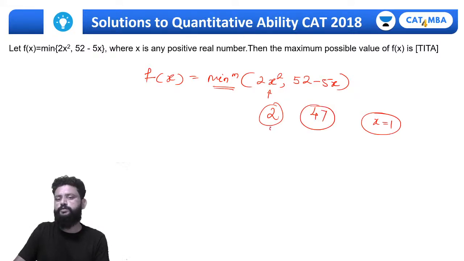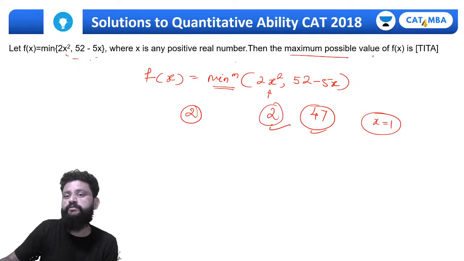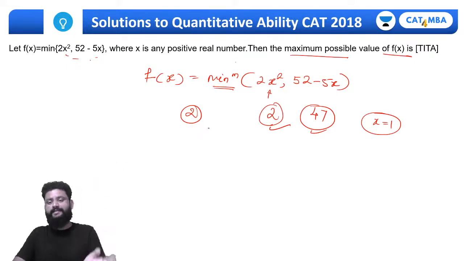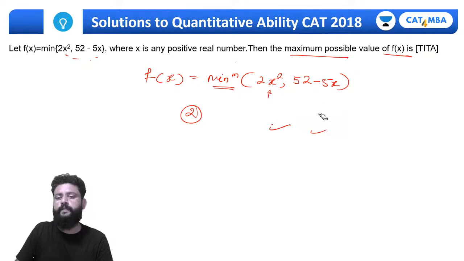तो इसमें से जो मिनिमम है, which is the minimum of 2 and 47? मिनिमम क्या है, 2. तो f ऑफ x का वैल्यू कितना आएगा, 2. But हमें इसमें से मिनिमम वैल्यू आता है, where x is a positive number, and the maximum value of f of x. तो हमें क्या करना है, इसका ज्यादा से ज्यादा कितना आ सकता है? तो if you go trial and error,